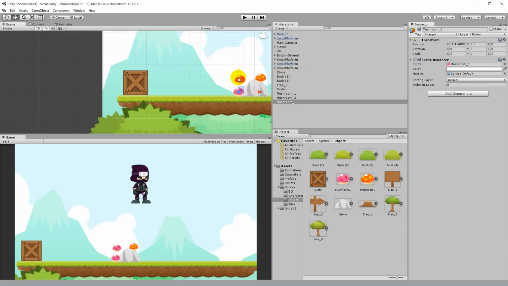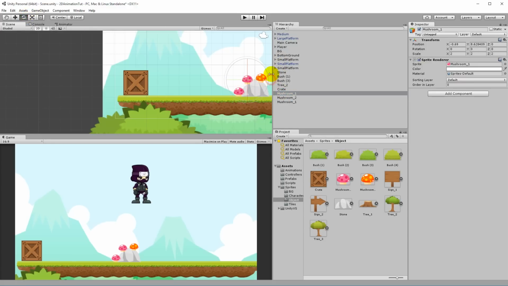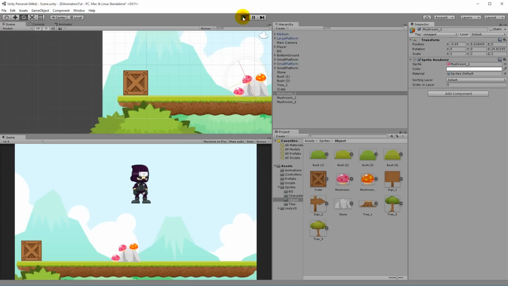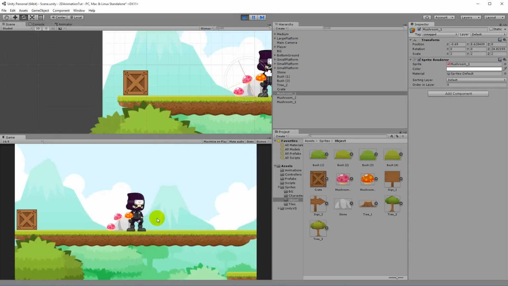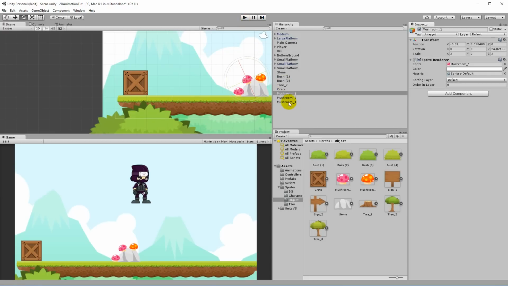We also have a mushroom down here, and last mushroom we can put like here, and then we can rotate it, for example, to make it look like it's growing sideways on this rock or something. There we go. Yeah, but I guess that's basically it for now, for this tutorial.